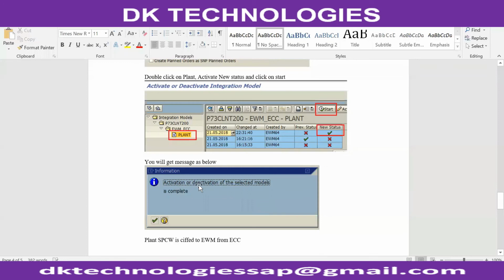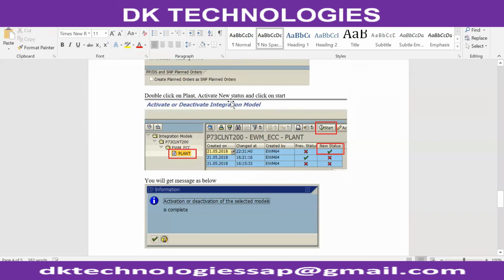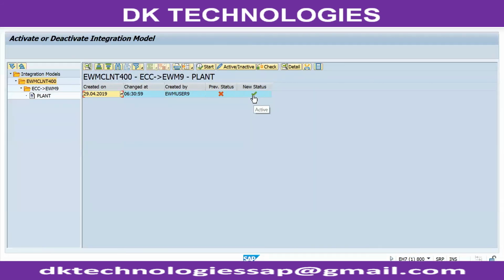Once it gets activated, double click on the plant, activate the new status, and click on start. It first activates here, then click on start. That means it will release to this system EWM, this logical system. Your data will be released to this logical system. Activate this, just start.